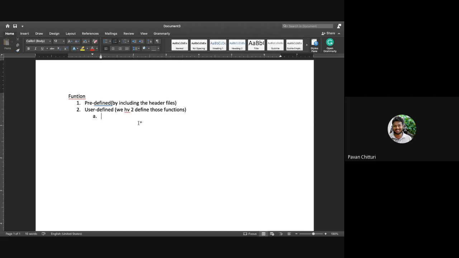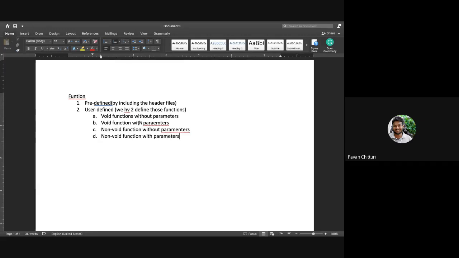The four categories are void function without parameters, void function with parameters, non-void function without parameters, and non-void function with parameters.